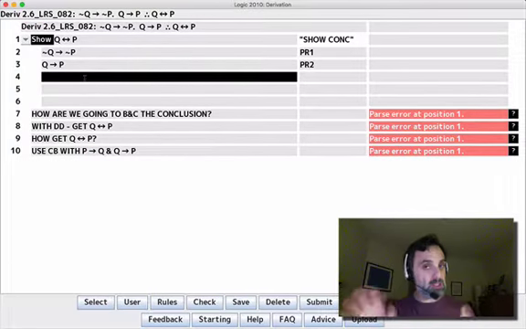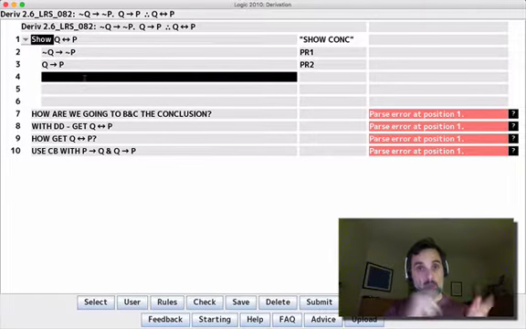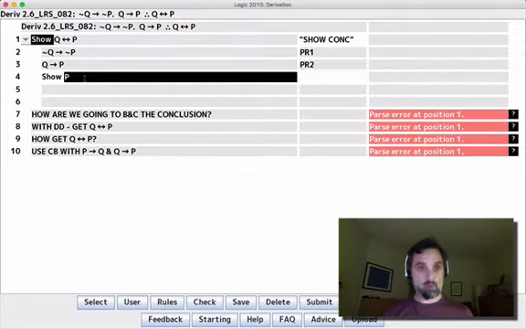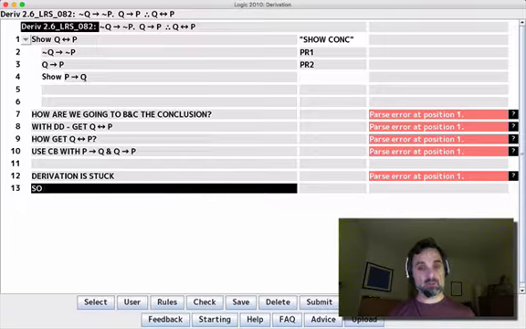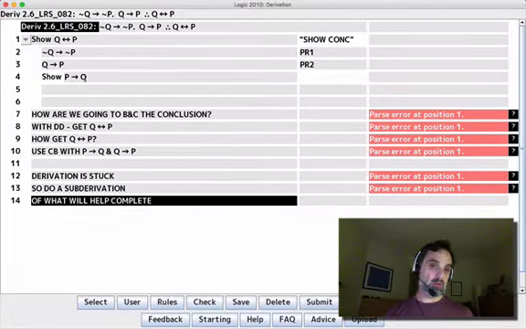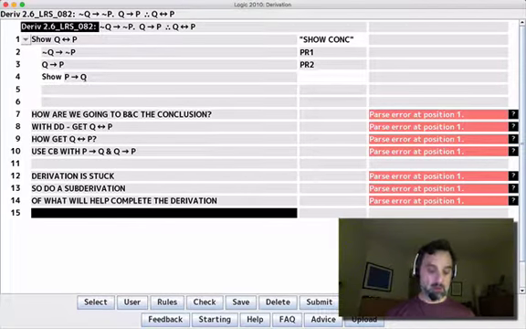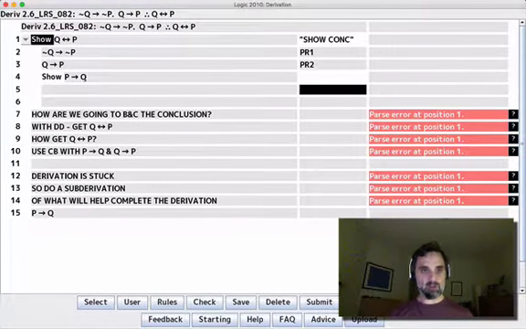So the derivation is stuck, and we know how we want to finish it. We want to get if P then Q. So let's do a subderivation. We said the derivation is stuck, so do a subderivation of what will help complete the derivation. And what's going to help complete the derivation? If P then Q will help us complete the derivation,